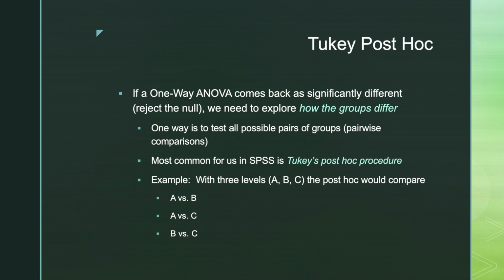Now, if there were four groups, it would get a lot more complicated. You would have to do A versus B, C, and D, and then you'd have to do B versus C and D, and then C versus D. And I'm pretty sure that was 6 different levels. And if you had 5 different levels, then things just keep getting more and more. So we definitely wouldn't want to have to manually calculate all of those t-tests. We would just let SPSS do it for us in this thing called the